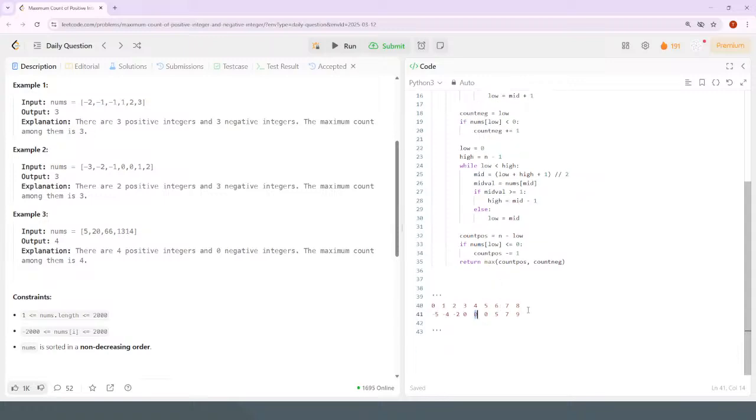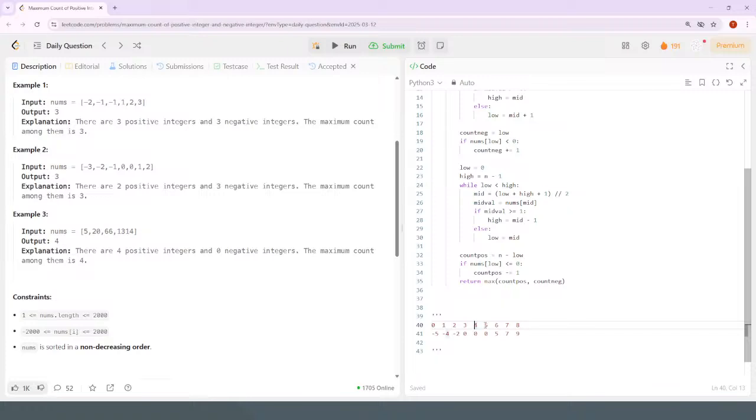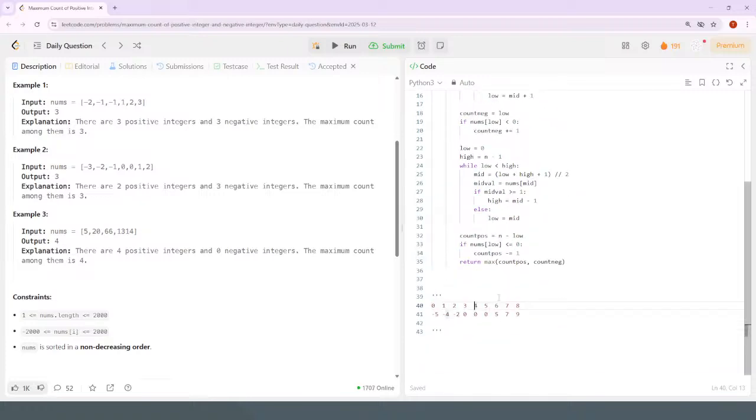Now, when you go to the bottom half of the array, the low index will be the same because your low index is still low, and your high index will change because you need to reduce the high index to something farther to the left, like mid or mid minus 1. Here, if you choose to use mid or mid minus 1, I think they're kind of equivalent, but the